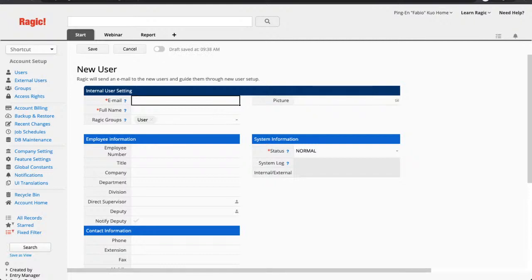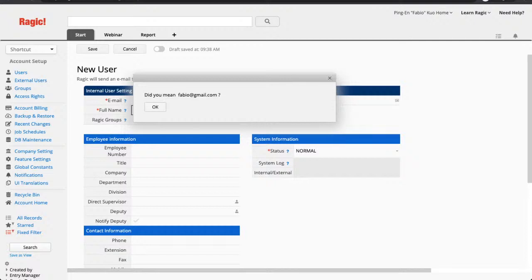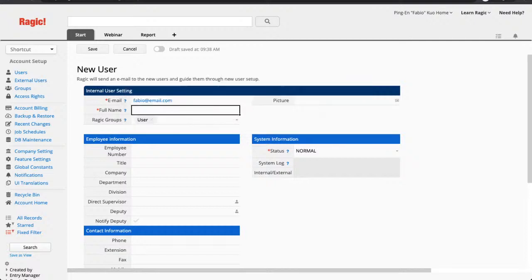So for example, I need to add a new user. Let's say Fabio@email.com. This is, of course, a fake email. I'm just going to add the full name, Fabio P-E-O. Make sure that the email for new users and the display name for new users do not have duplicated